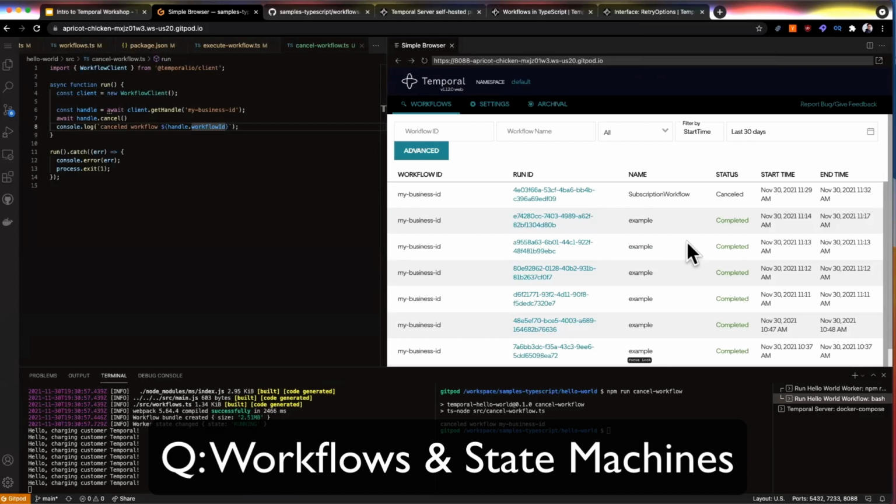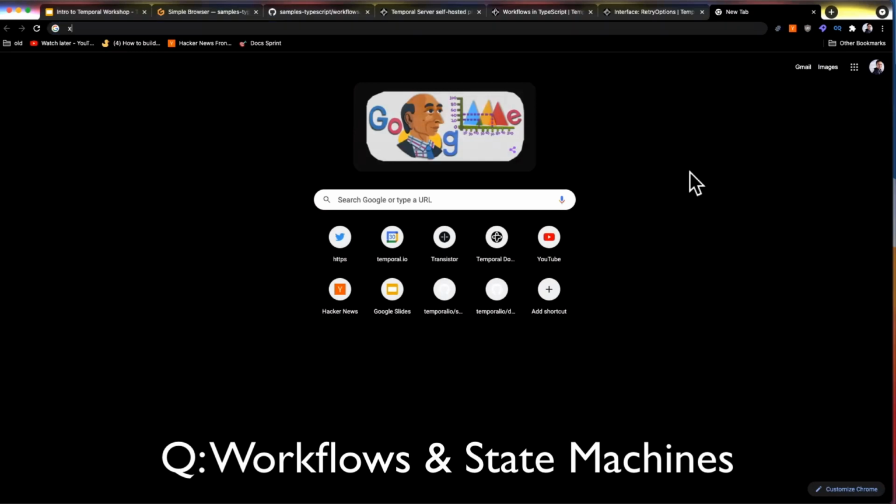You might be able to write your own custom dashboard. I think that might be interesting. If I had a workflow that had its own state, like a state machine, would that be opposed by a query? Yeah. So for those interested in state machines, by the way, we have an example